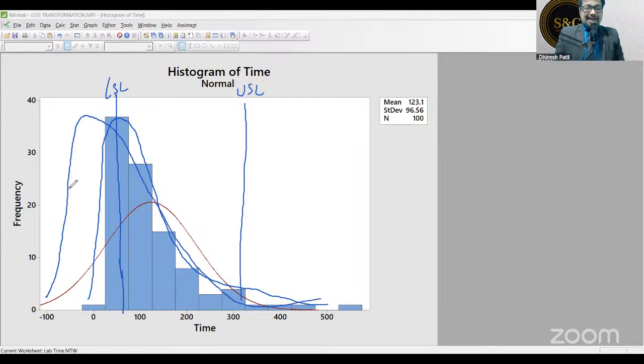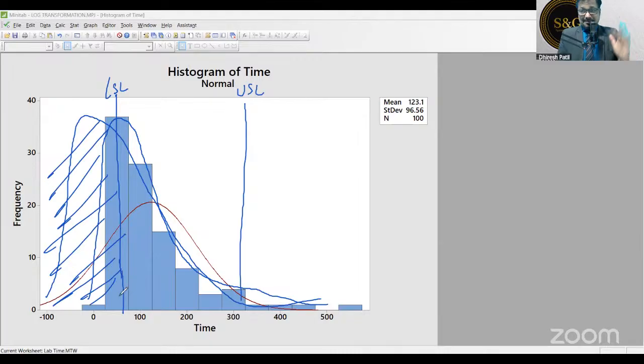So it will create huge defects or rejection on one side, and the actual calculation of process capability will not be there, the precision will not be there, accuracy will not be there, because the shape is not normally distributed. That's why in this case, the immediate thing you can do whenever you come across non-normal distributed data,